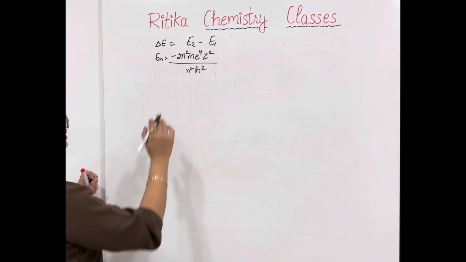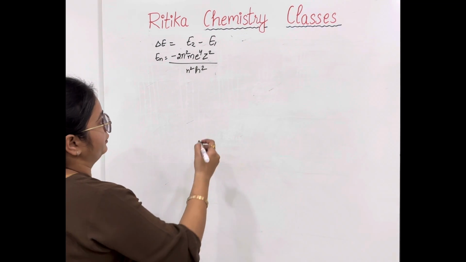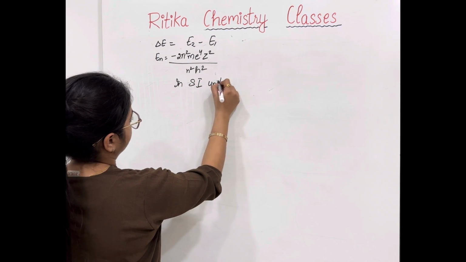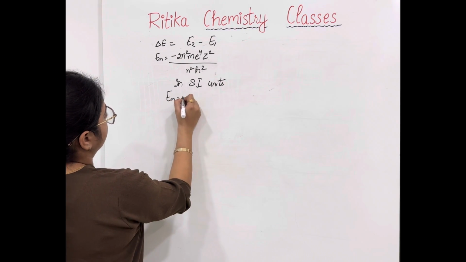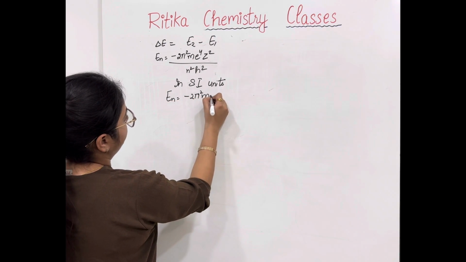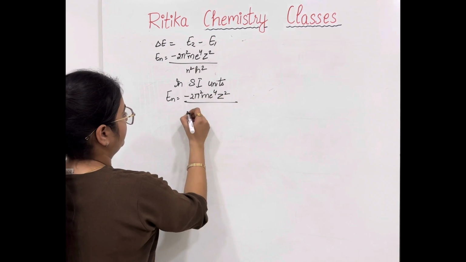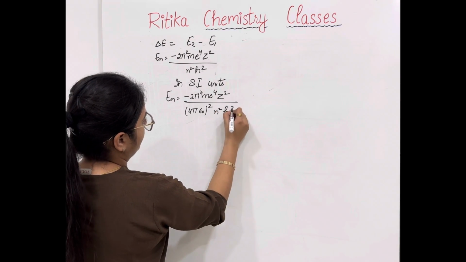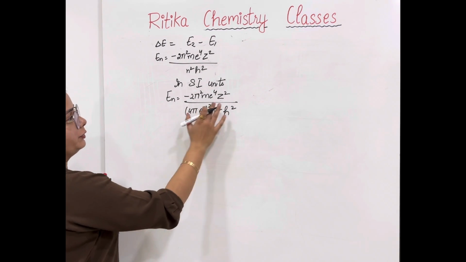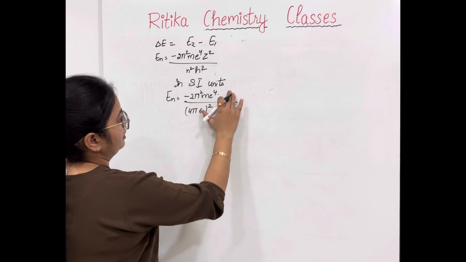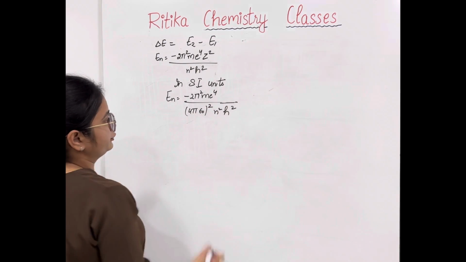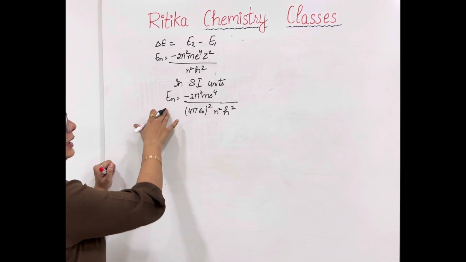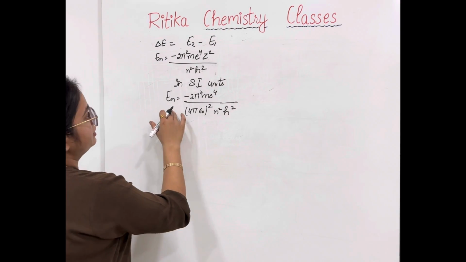If we want to write this energy in SI units, En will be equal to minus 2 pi square m e to the power 4 z square upon 4 pi epsilon naught whole square n square into h square. For hydrogen atom, the value of z will be 1, so I am substituting z equals 1. So this is the energy of electron in case of hydrogen atom in the nth orbit. Substituting this value in equation number 1,